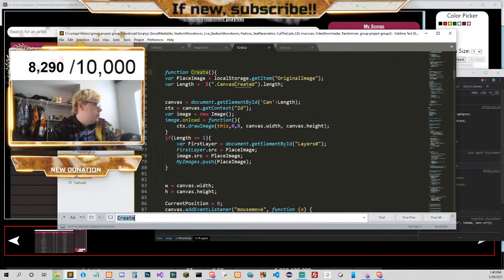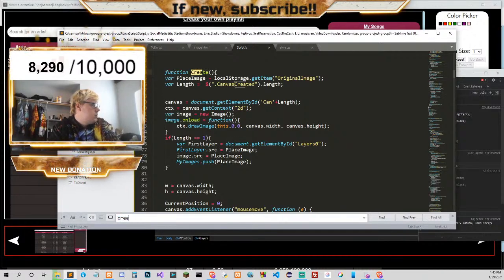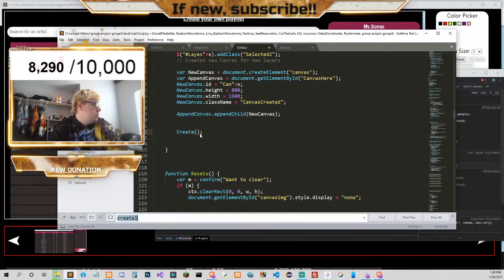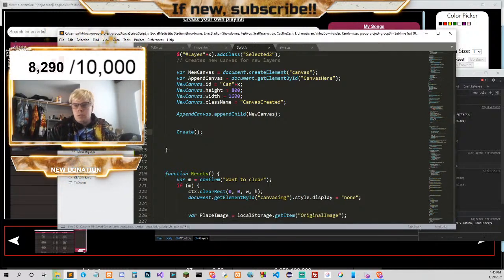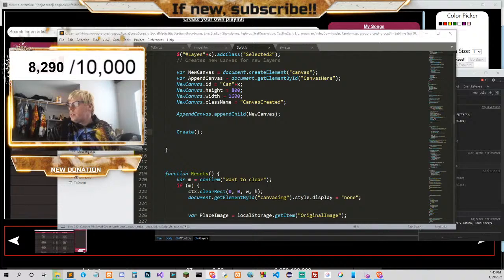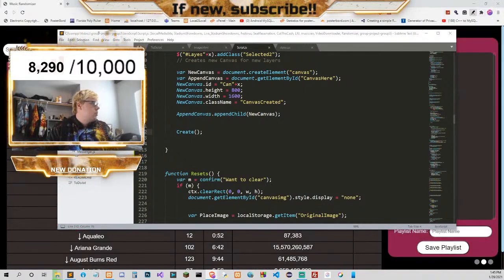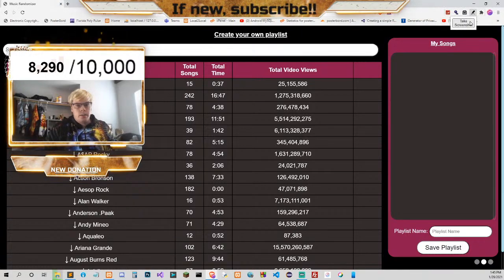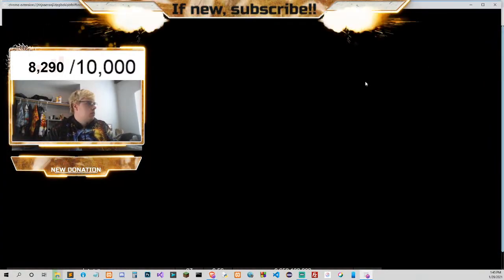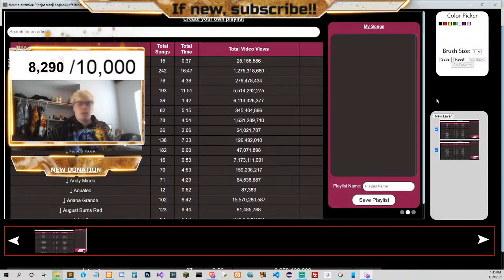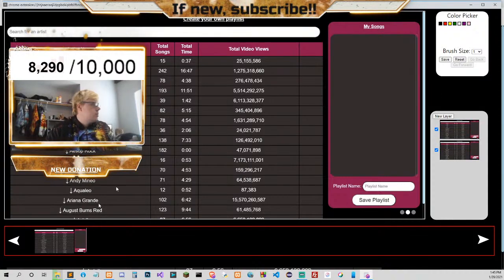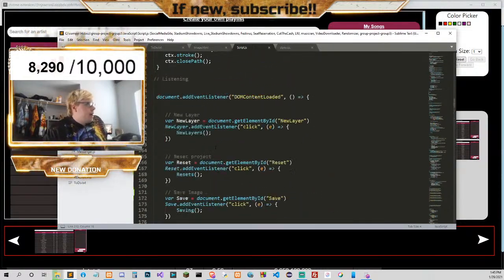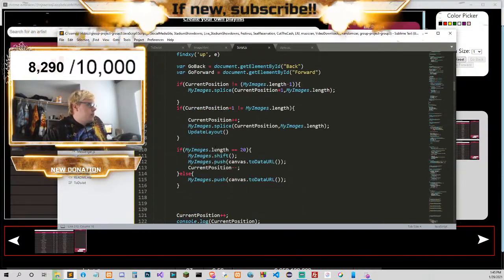So I think that, oh, that's because, okay, hold on. That's because I changed the name. Let me try this. So look, I take this, I hit take screenshot, new layer, create is not defined. How? How is create not defined?